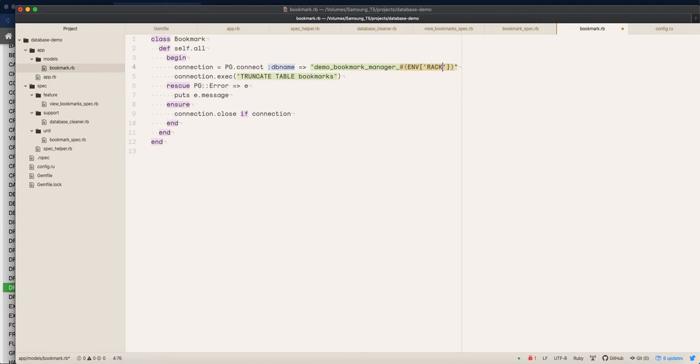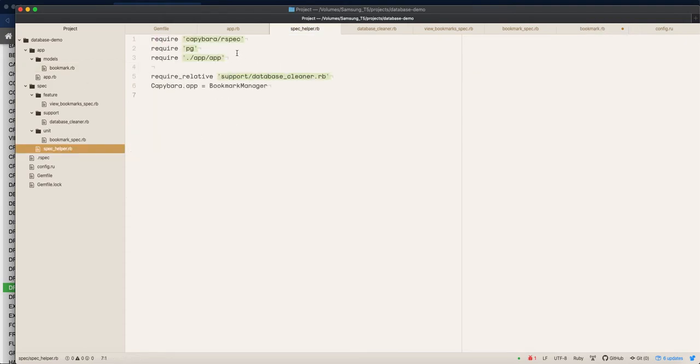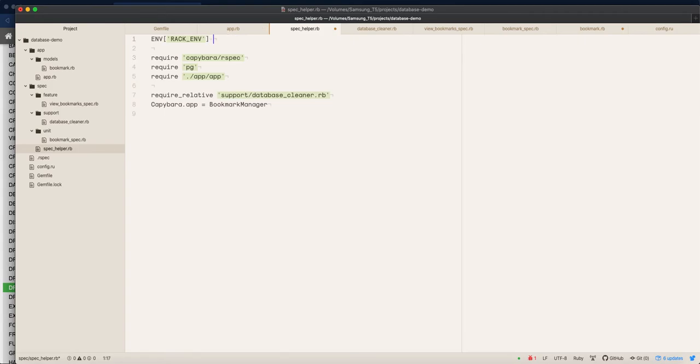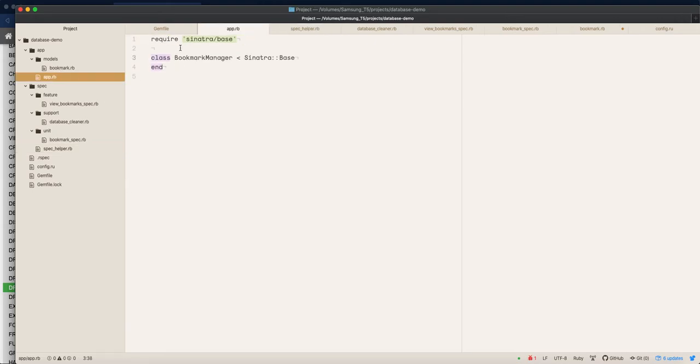A lot of times we use this key. You can use any kind of key that you want. This is quite a common one. You can use the environment key, or whatever you want. And as a result, I probably should specify then in my spec helper that here it's going to equal test. And as a result, if it always runs here my test, I guess in my controller,